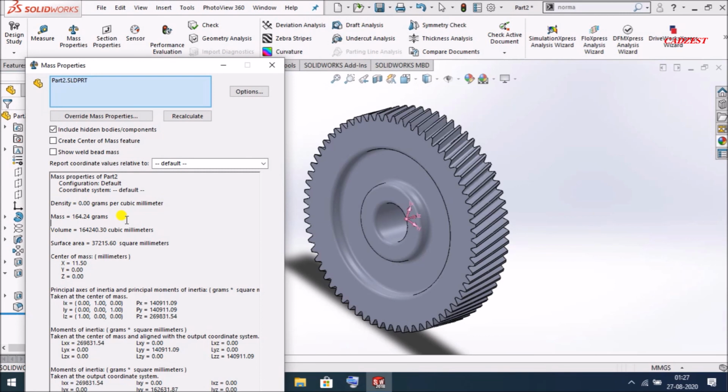Thank you so much. I will see you in the next video when I will be creating the right side. I don't think I need to create it, but you can change the helix from counterclockwise to clockwise and you will get the right side. I'm sure I'll be meeting you in the next tutorial when I will try to assemble left and right side helical gears. Thank you so much.